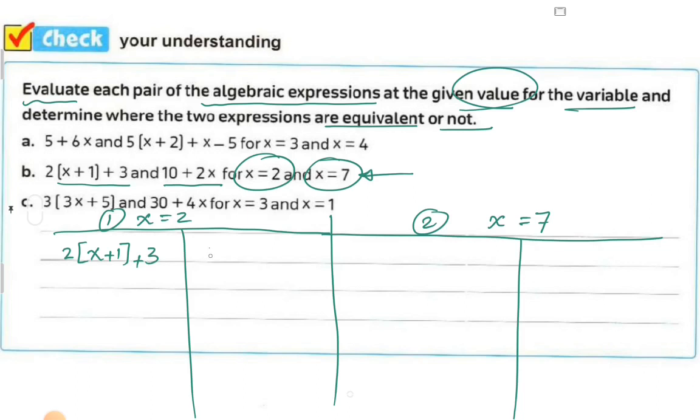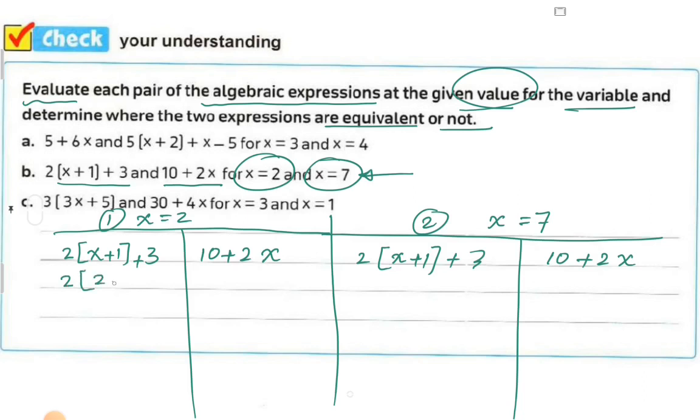Okay, the second one, 10 + 2x. Here I write the first one. Here I write the second expression. Now start to substitute. First expression, remove x and put 2